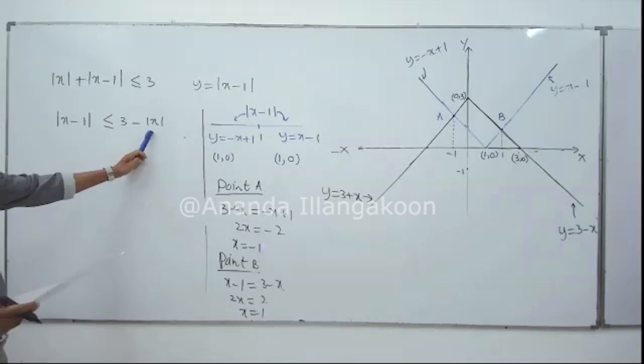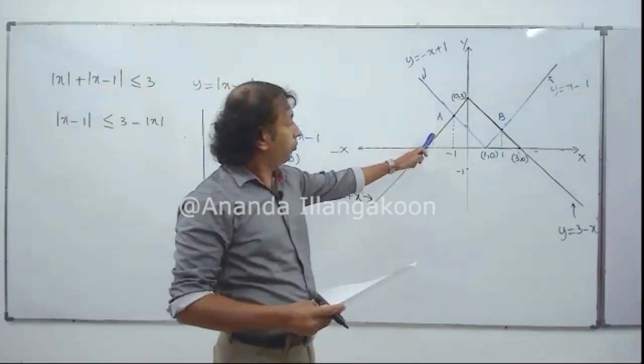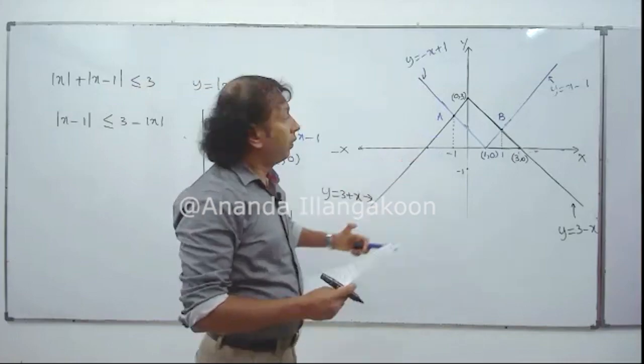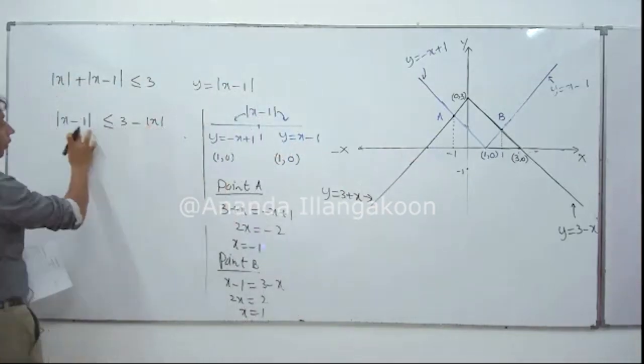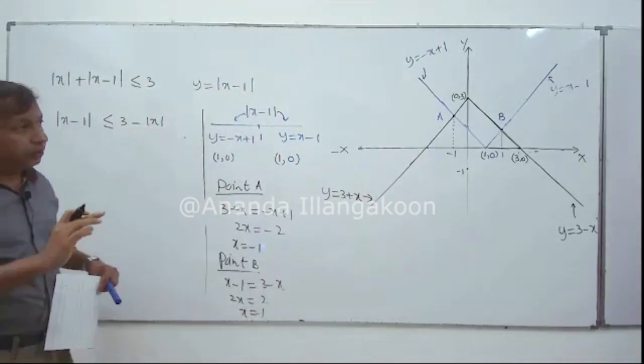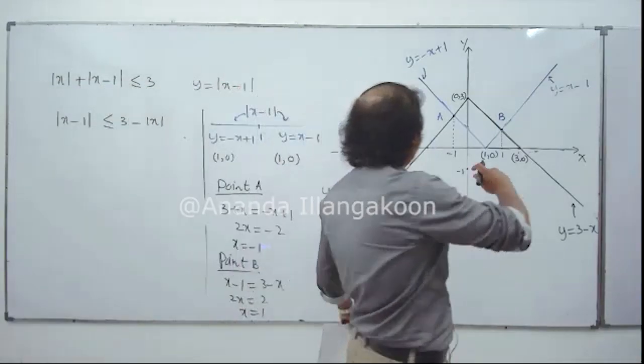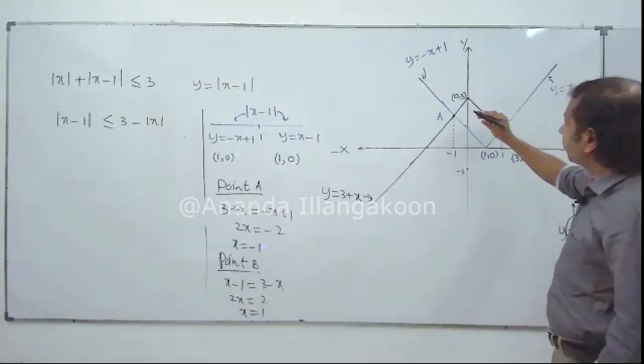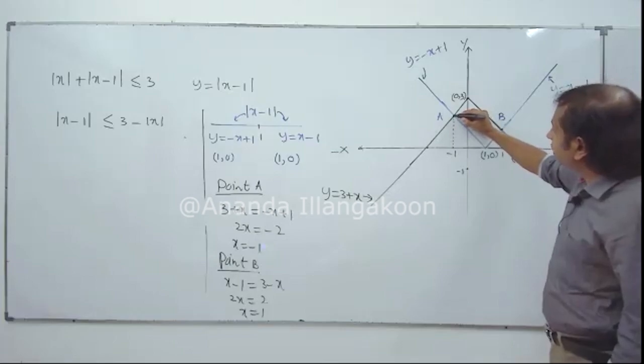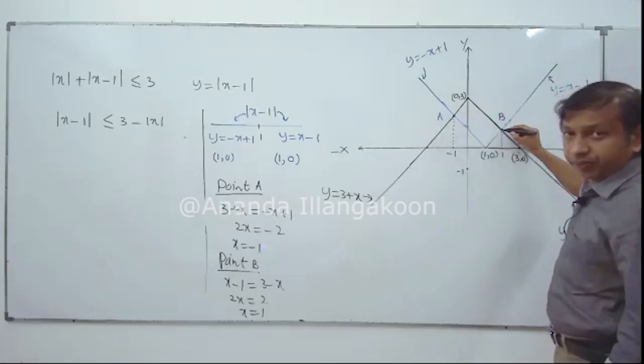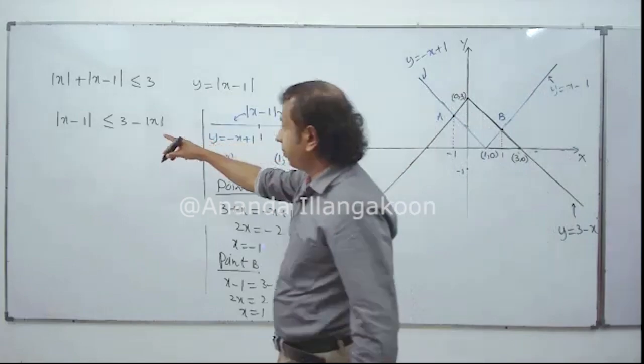The graph of 3 minus mod x is this. That should be greater than the other, which means the black graph should be above the blue graph. That happens between the two points A and B, and the equal sign is also there. Therefore, this occurs